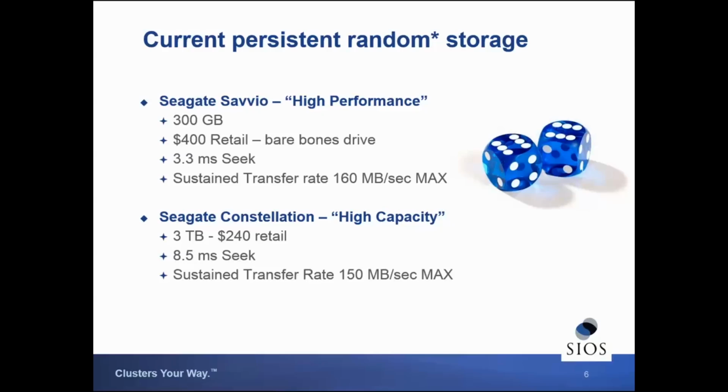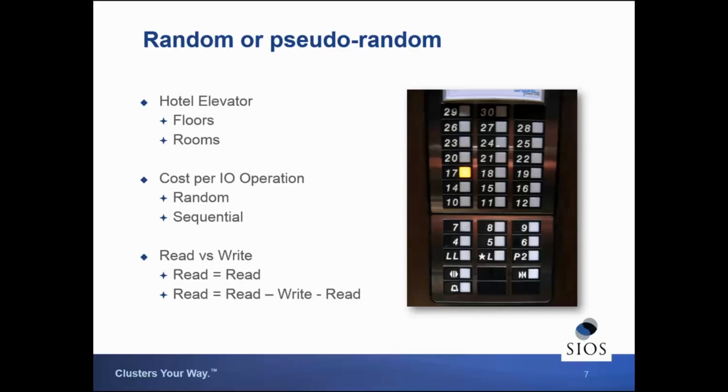One thing that makes this bottleneck worse is the fact that we're calling it random storage, on the idea that I can access any particular cell, unit, block, or whatever you want to call the unit of storage on the device without regard to which block I just read. But I really can't, because there's a big difference in performance. This is why I call this pseudo-random storage.